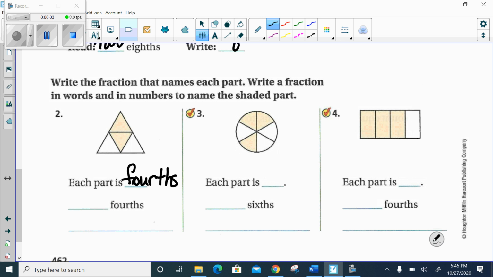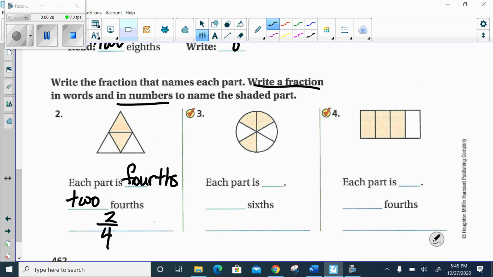Okay, so how many fourths are shaded? I see 2 of the fourths. So then what is my fraction? Because it says write a fraction in words and in numbers. Okay, so if I say 2 out of the 4, that is the same as saying 2 fourths